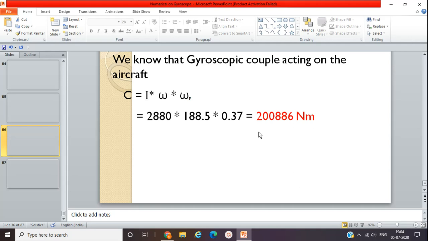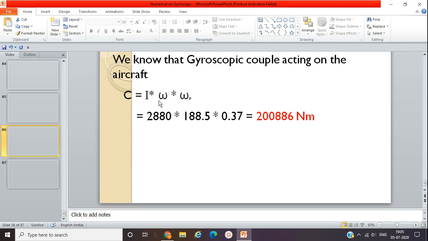The normal way of calculating the gyroscopic couple is on the basis of the given data. Generally the mass will be given to us and the radius of gyration will be given to us. So from that, first of all we have to calculate I, that is the moment of inertia, as per the formula to calculate the gyroscopic couple, I omega into omega p. We will have mass and k, and from that we calculate the value of I into omega. Omega is nothing but the angular velocity about the axis of spin. In every problem we will be given a rotor or some propeller shaft which is rotating about its axis of spin.